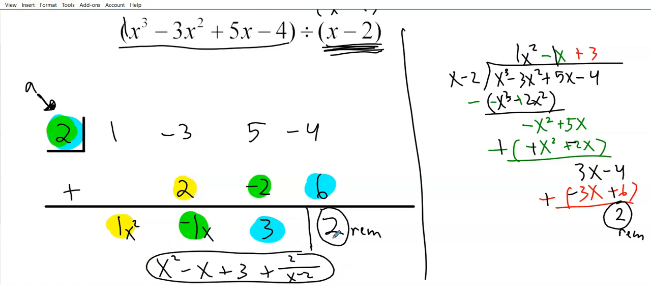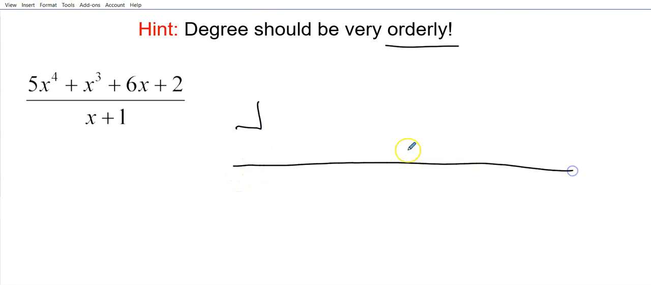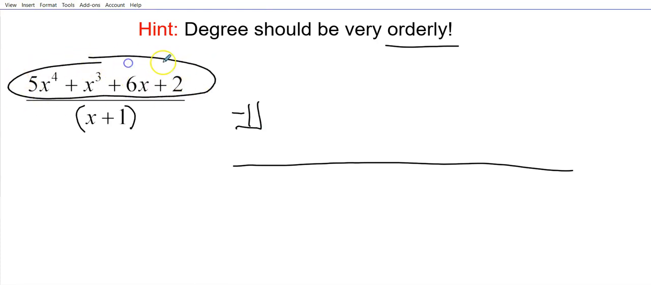So synthetic division, once you learn how to do it, actually goes very quickly. So let's try one here. But degree should be very orderly. I wonder what that means. Okay, so let's put this in the box here, draw our thing. So careful, our factor is x minus 1, so our potential solution is a -1. That's very important there. Just take your coefficients of this, what you're divided by. So coefficients of this would be 5, 1,